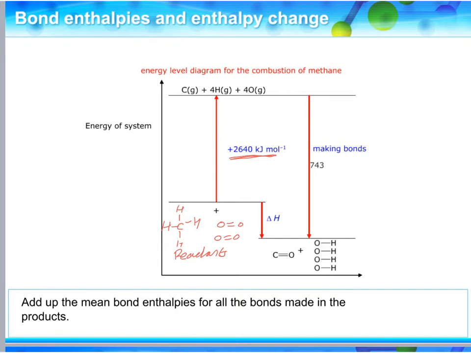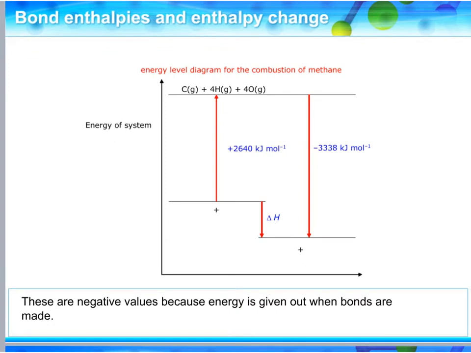However, when we make the new bonds, if we add all of these together, so that was 2 lots of carbon oxygen bonds and 4 lots of oxygen hydrogen. When you add all of that together, because energy is released, that is minus 3,338 kilojoules per mole. So bond breaking is plus 2,640